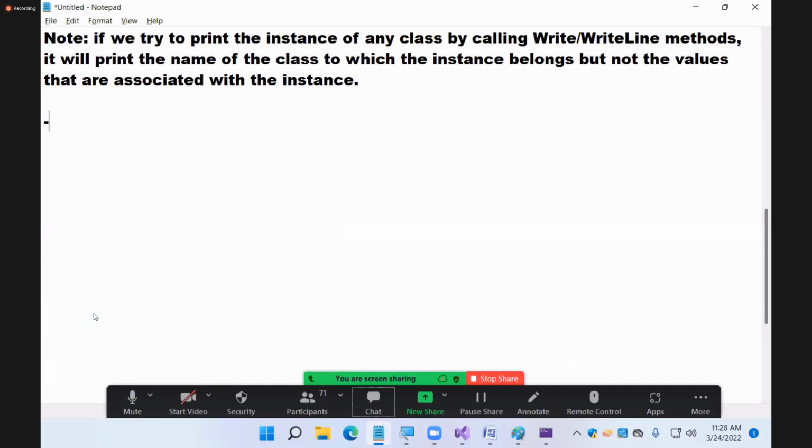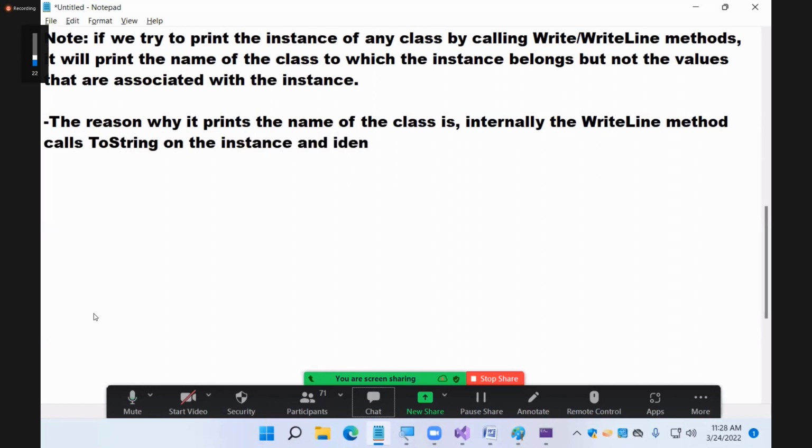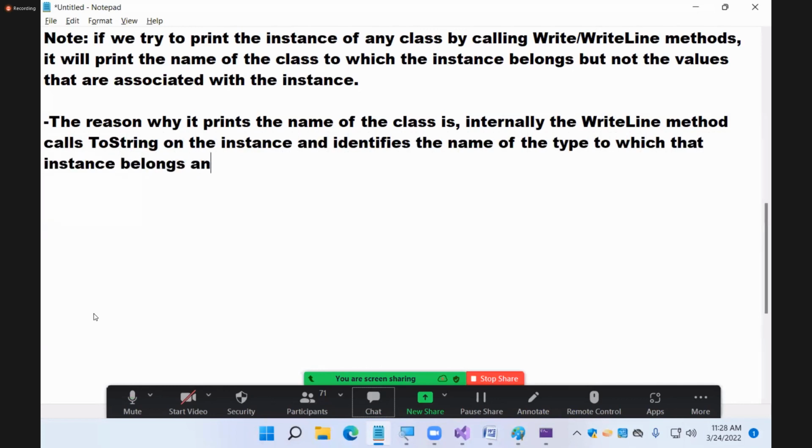And the reason why it prints the name of the class is, internally the WriteLine method calls ToString on the instance and identifies the name of the type to which that instance belongs